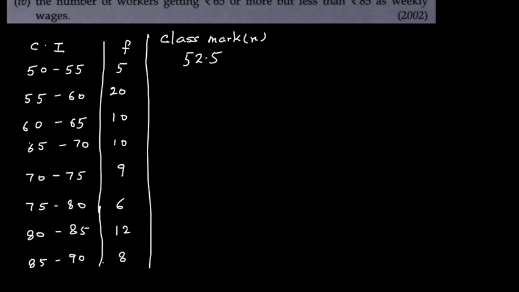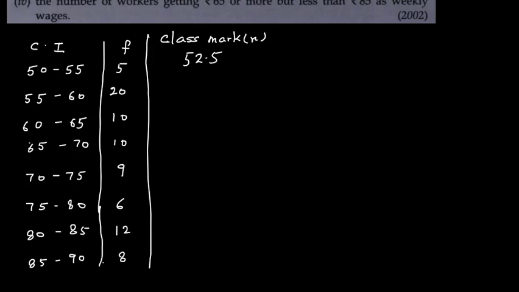Why I am saying 52.5? You can add, you will get 105 divided by 2. So 2 fives are 10, then here it is 5, so 2 to the 4, 1 carry, 52.5. Or else we have discussed that we can check the difference and half of that we can add to the lower value. So the difference is 5. If I add half of it, that is 2.5, to the lower value, I will get 52.5.